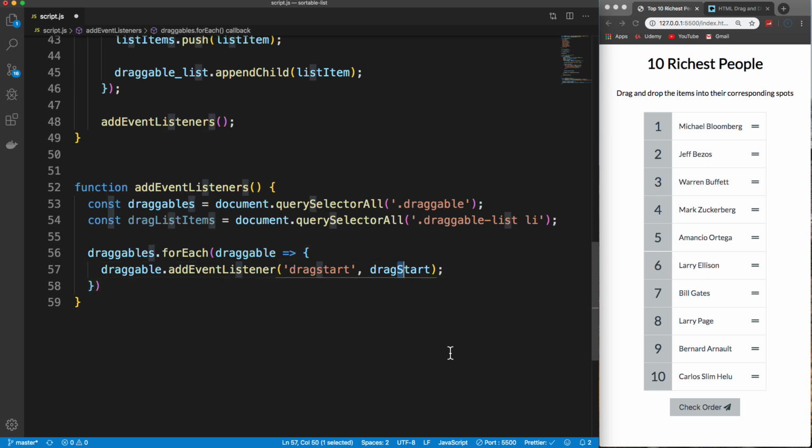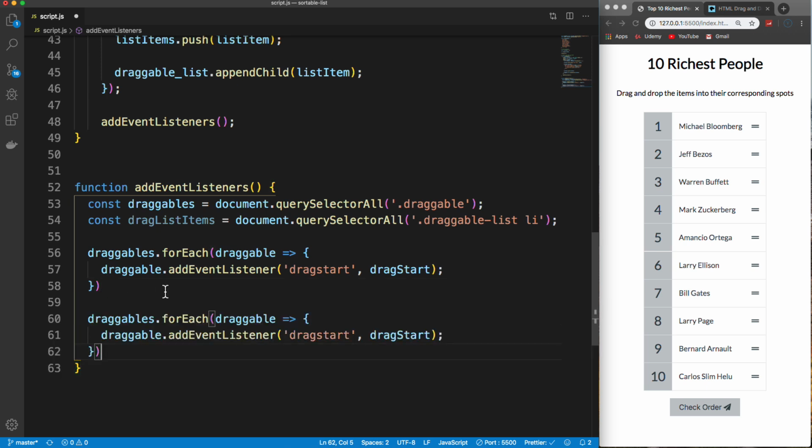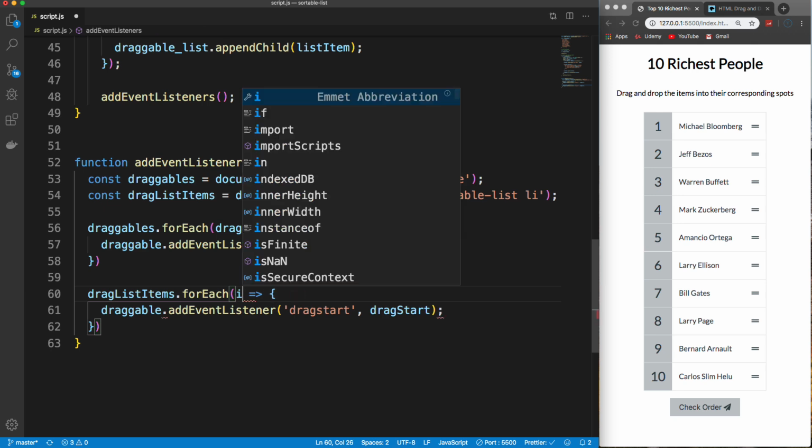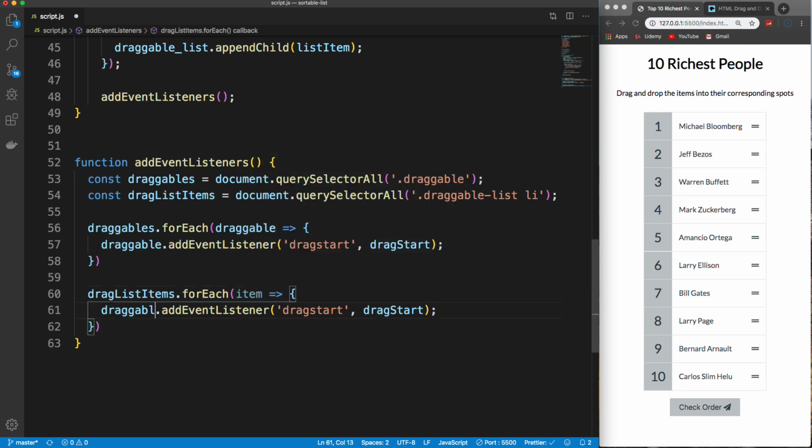Make sure you have an uppercase S here, camel case. Then I'm just going to copy that. On the dragListItems, we're going to loop through. Let's call this item. And then on item,